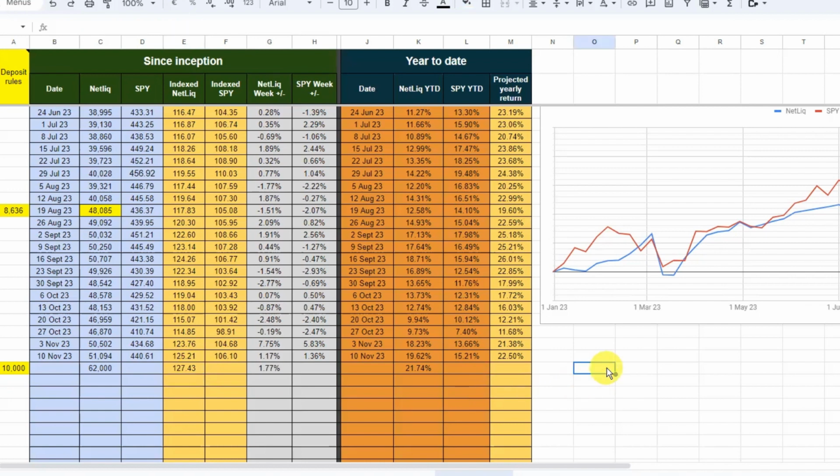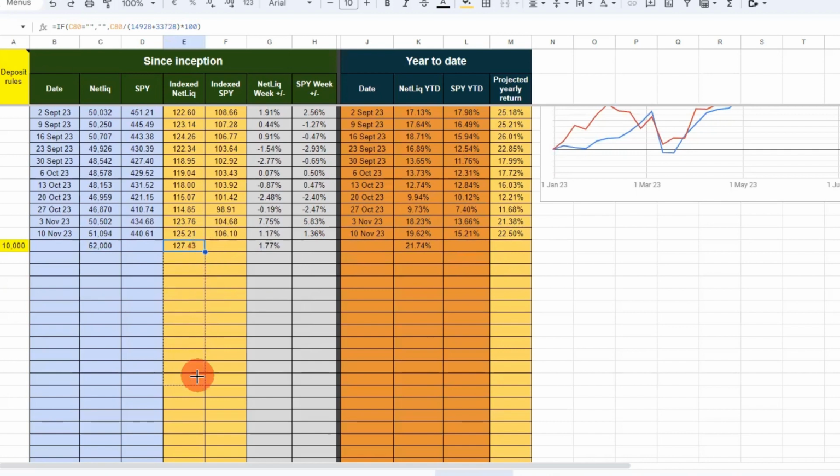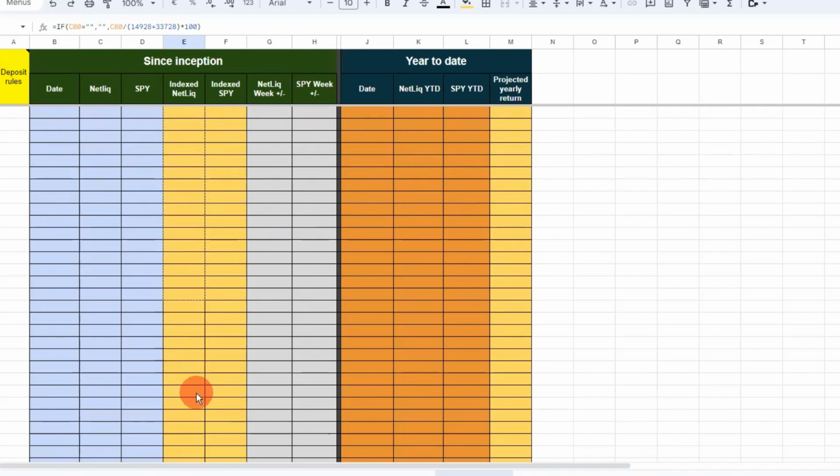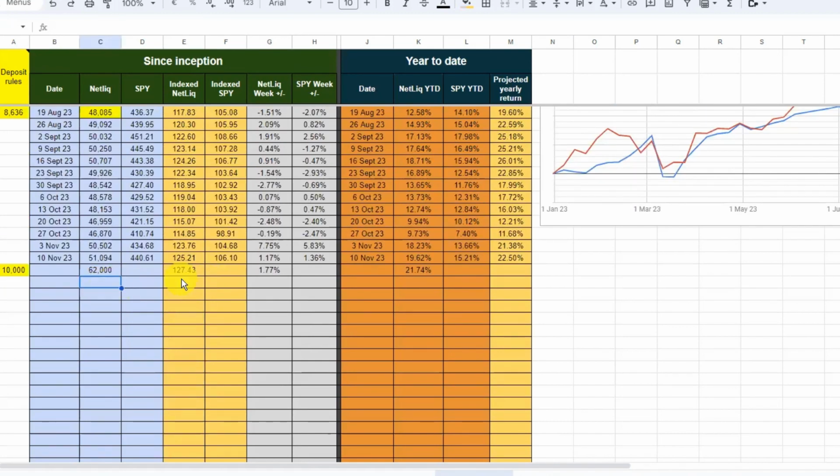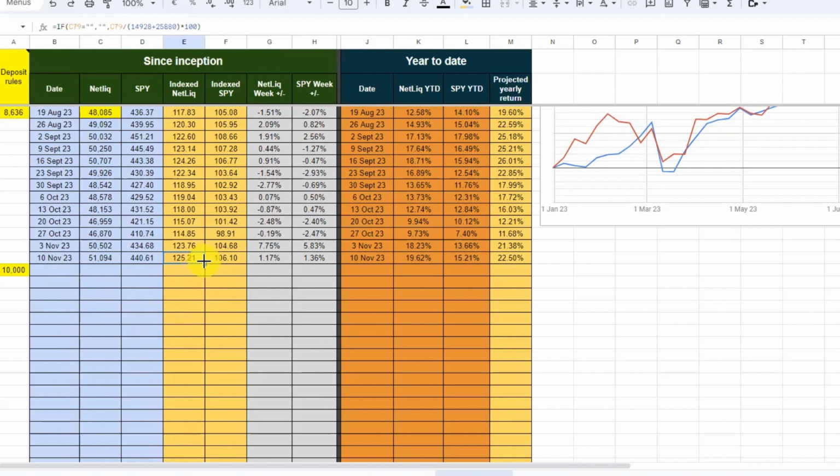127.43. So that's the number we were looking for, and from this point on, we just pull down the formula going forward. Then next time we increase NetLiq, it will accurately represent the actual percentage. So this is how you do it. This is indexing. Let me now show you what would happen, and then let me delete the changes that we made, and make sure that